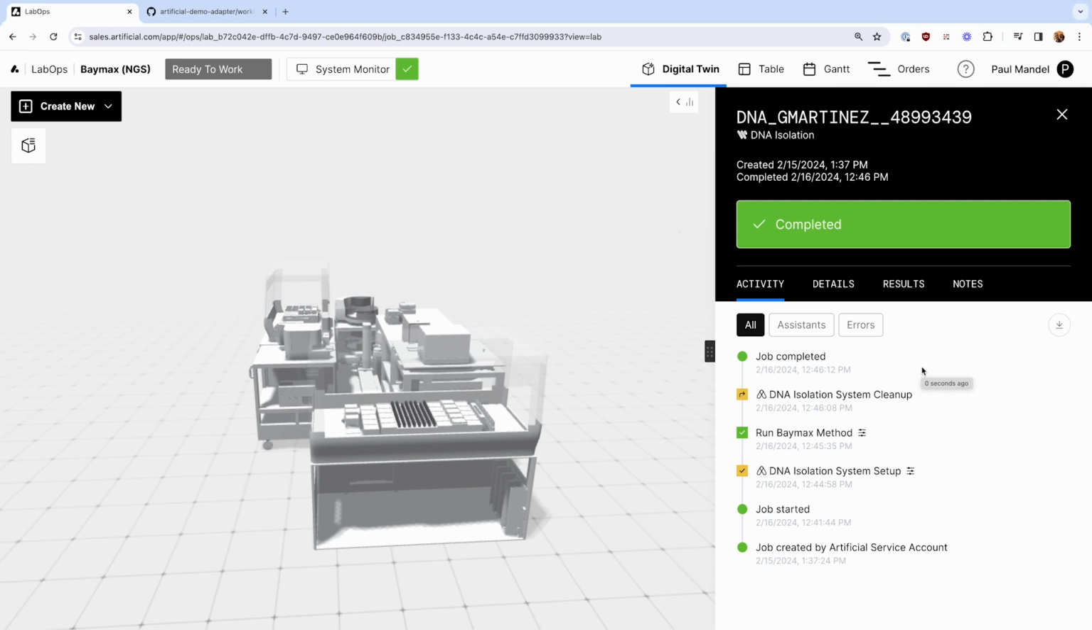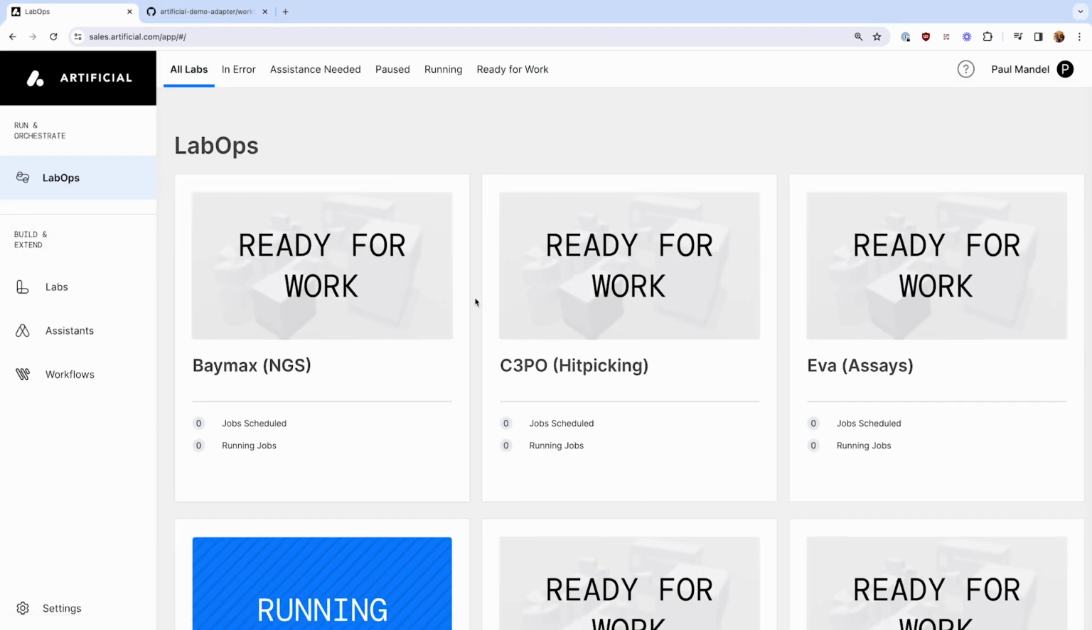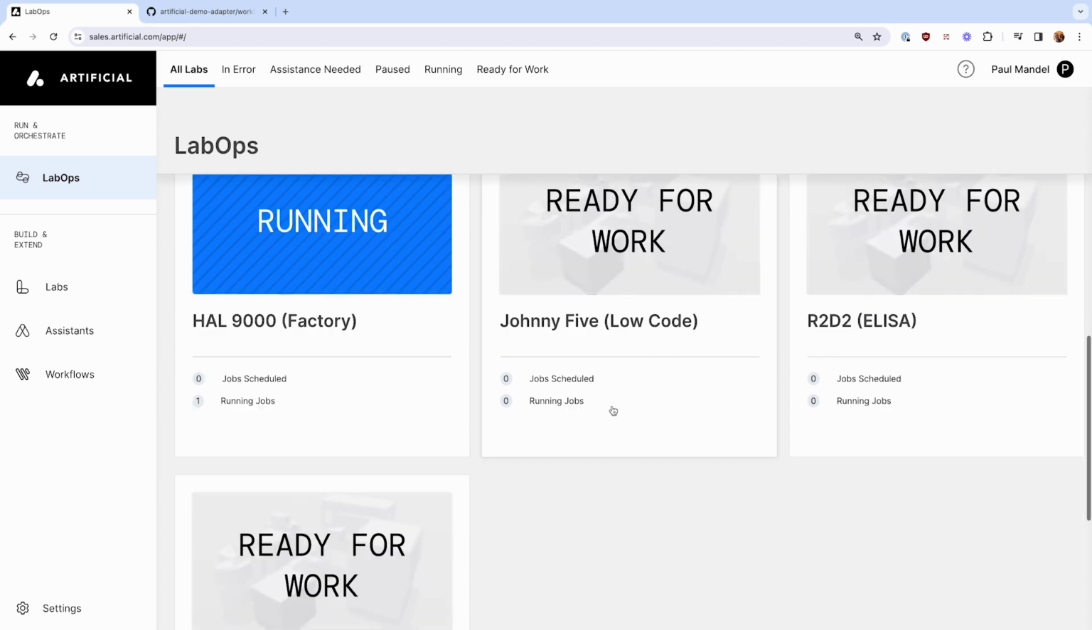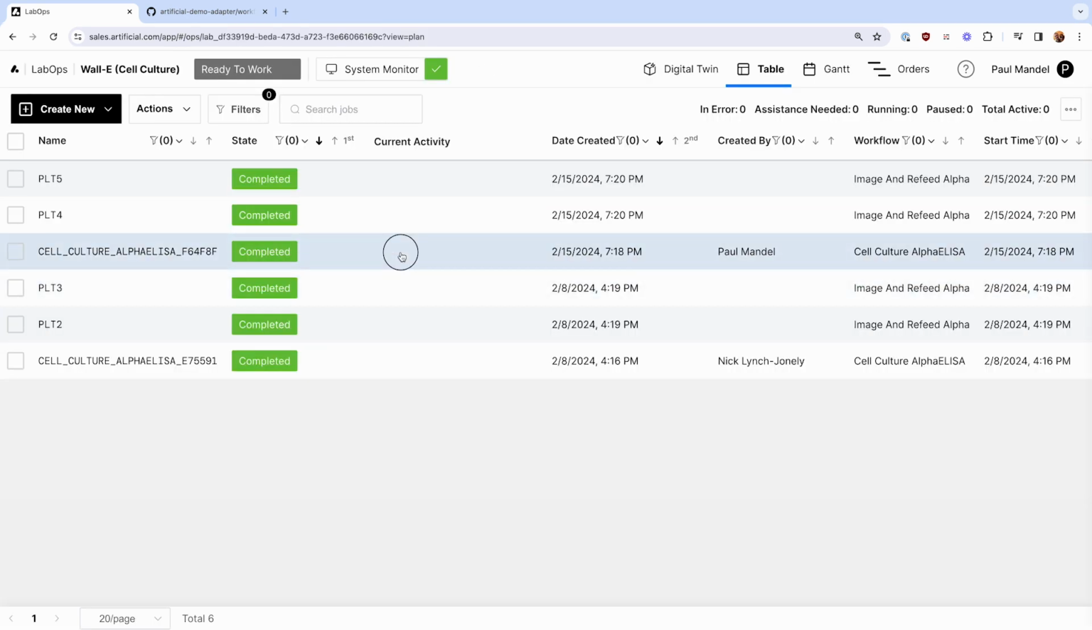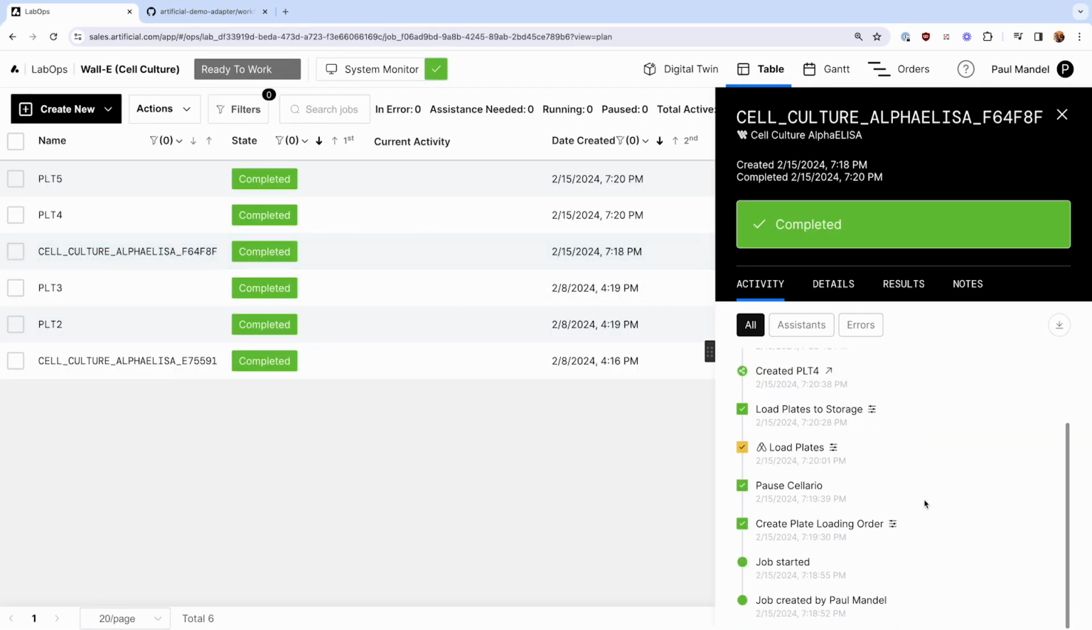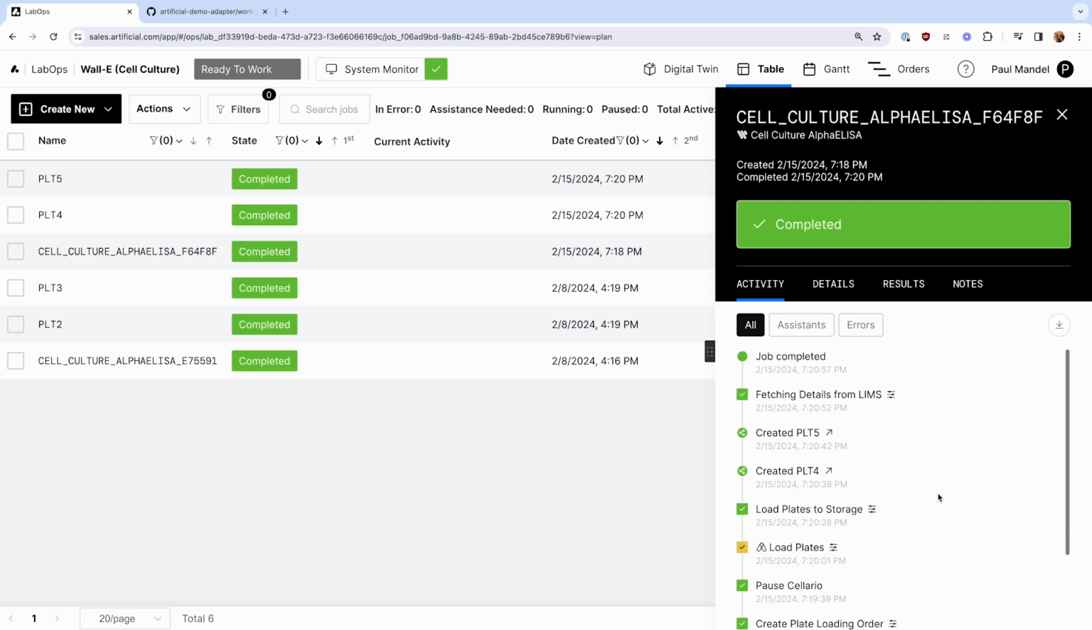This is a fairly simple workflow, but because we write the workflows in Python, we have the full power of Python's control flow tools, like loops and branches. So let's take a look at the data record for a more complicated example, like cell culture. So here we have a cell culture workflow that takes advantage of some of the more advanced capabilities of our system. This job completed some time ago, but again, we can see this indelible data record of everything that happened